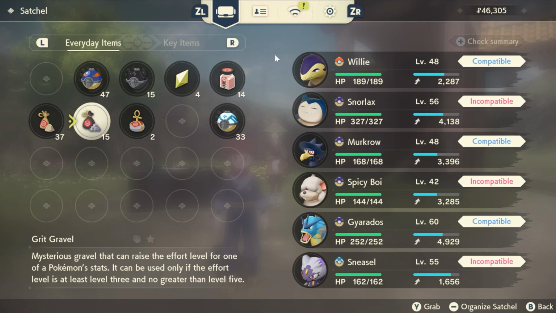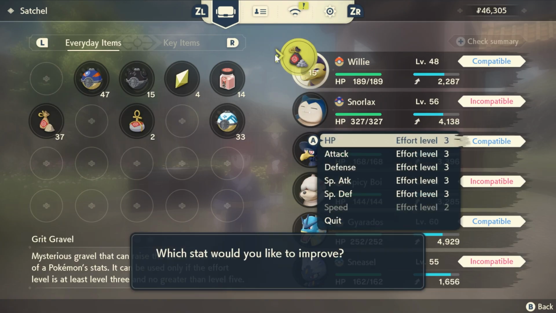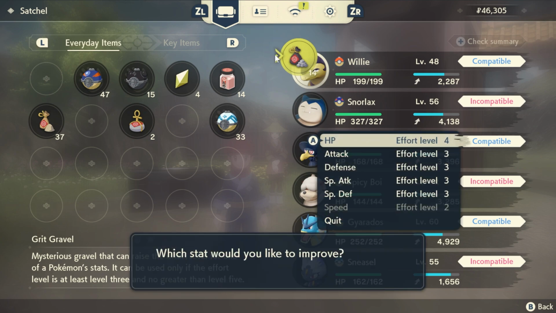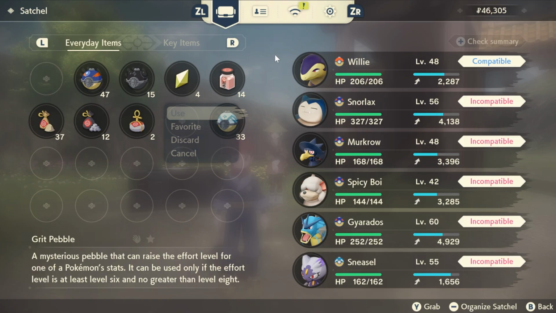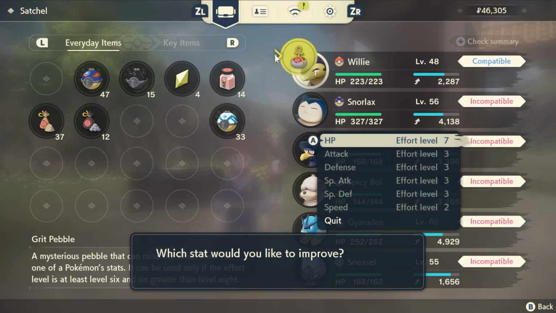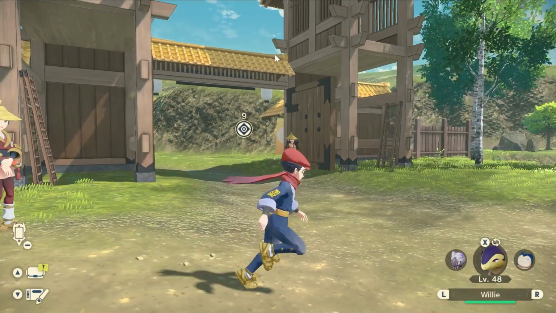So if we go up to the Grit Gravel, we can level up then to level 5, so we can increase our HP to level 5 if we so desire. And so now we're at 199 HP, then we're at 203, and then we're going to get to 206. And if we use our Grit Pebble, we can get up to 223 HP, so quite a big boost at these higher levels. So you can really make your Pokemon powerful,